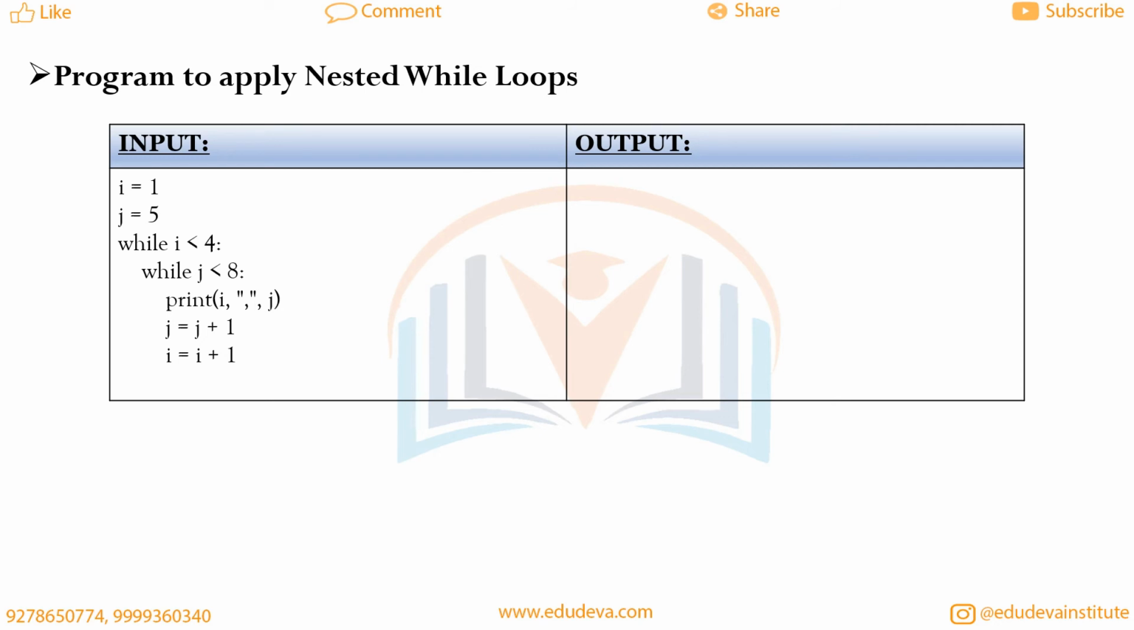In this program, we will apply nested while loops in Python language. At the first point, i is equal to 1 and j is equal to 5. The first while loop is i is less than 4 and the second while loop is j is less than 8. So we will just start with the first while loop, which is 1 is less than 4,